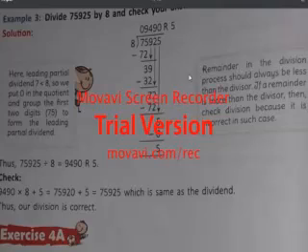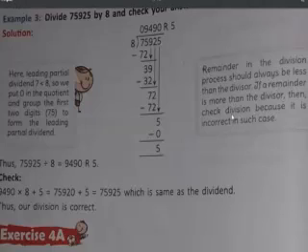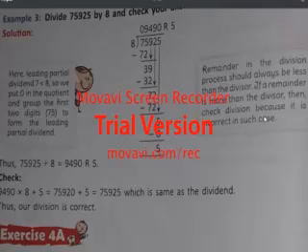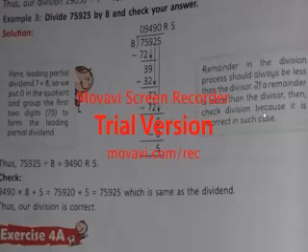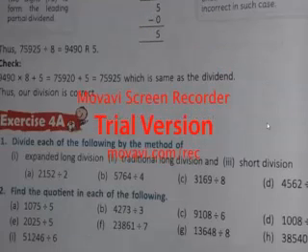The remainder in the division process should always be less than the divisor. I had said earlier, and in the previous page it was also written, that the remainder should be less than the divisor. If the remainder is more than the divisor, then check the division, because it is incorrect in such a case. If the remainder comes more than the divisor, that means our division is wrong.